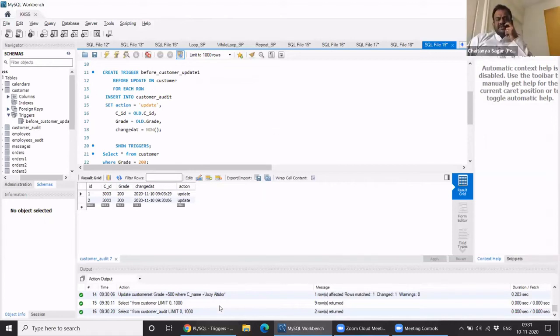One quick question. Does SQL have the capability to trigger, to initiate an external application?